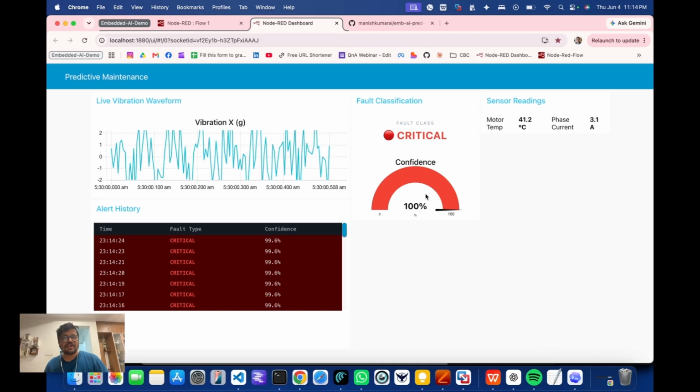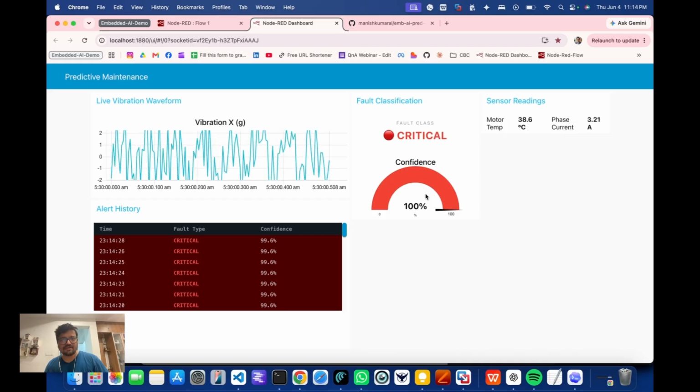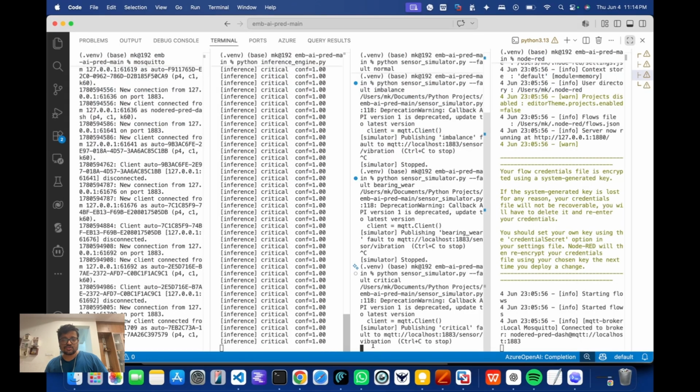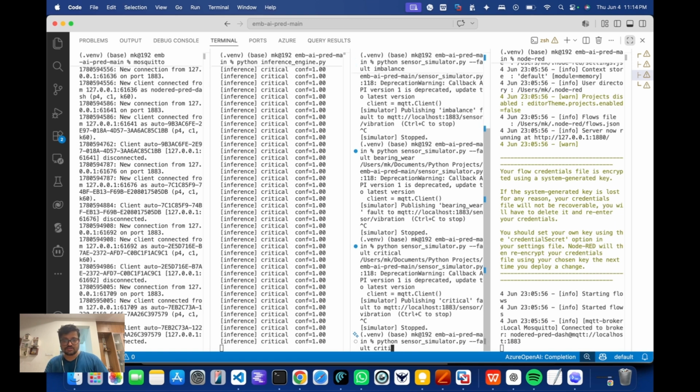So everything we have seen so far has been synthetic data, mathematically accurate but synthetic. Let me show you the real data replay. Okay. So we need to kill the existing sensor information, and instead, what we will be doing is changing the sensor. So from the synthetic sensor, we will be changing to the CWRU sensor. So CWRU,